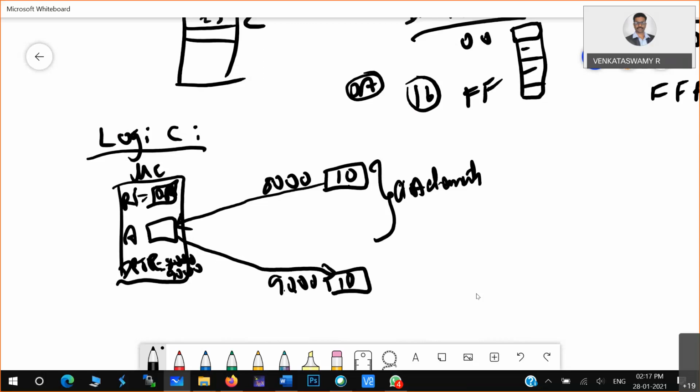Now, the first element you are taking from the source, DPTR is pointing to 8,000.